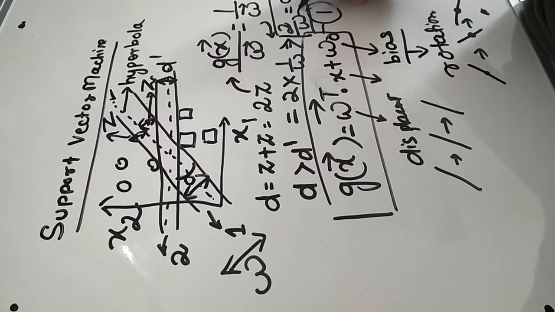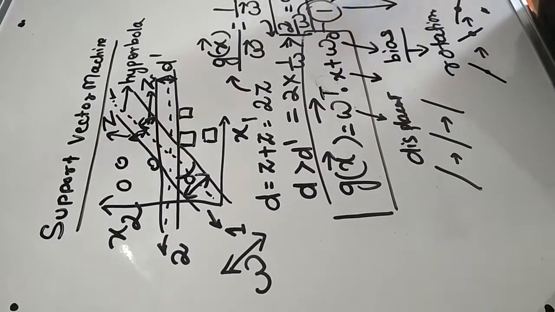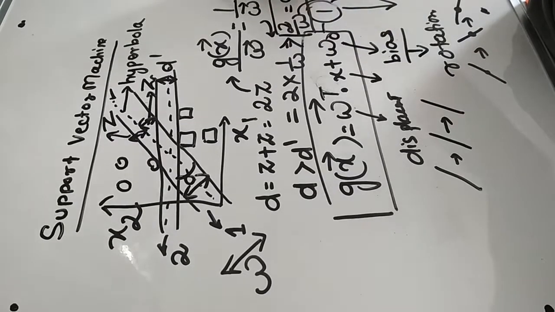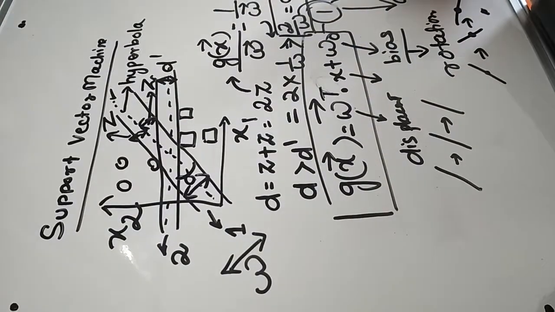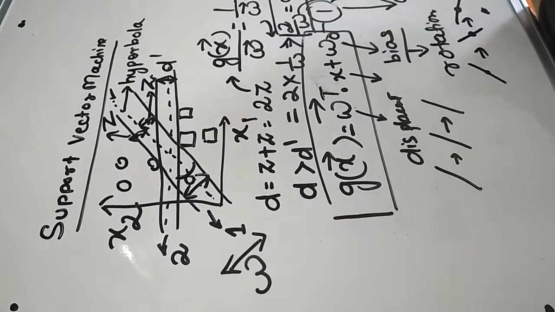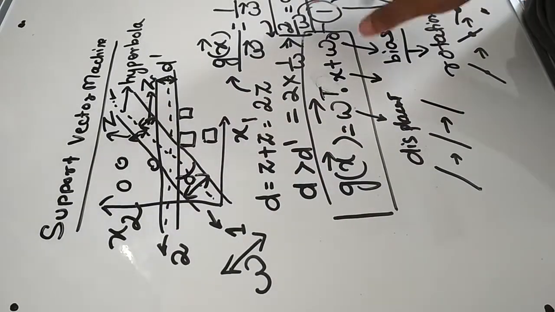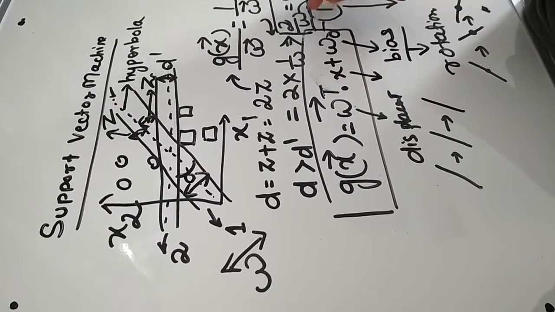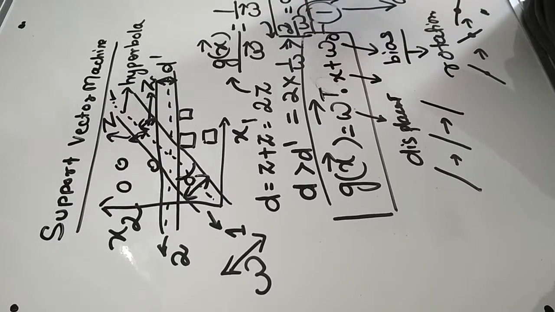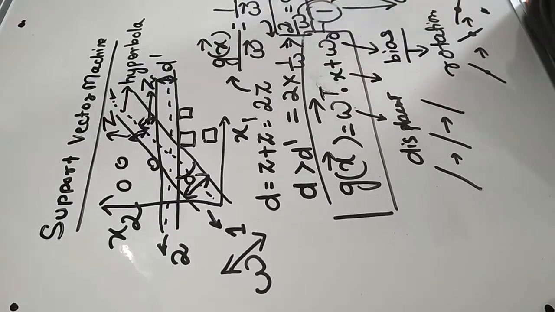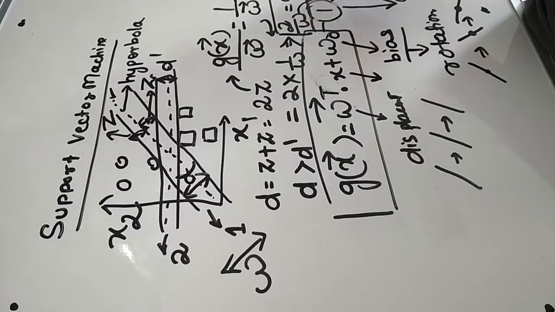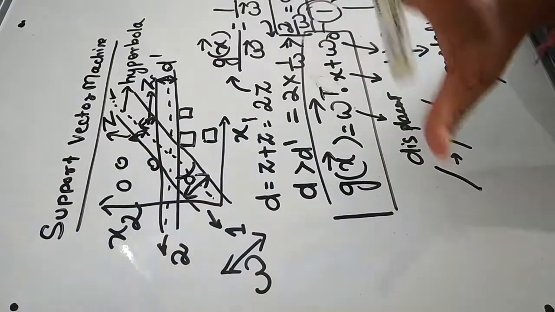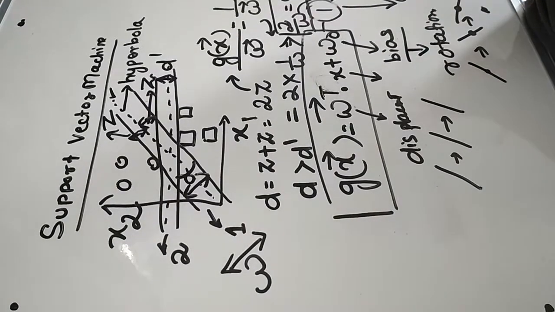So if we are reducing this term, if we are reducing the weight vector, then the distance will increase, and this will decrease. Getting? So our main aim is to reduce the weight vector, because these are inversely proportional. The distance is inversely proportional to the weight vector. So that's why we will decrease this, and the value of d will be increased. So this is the basics of